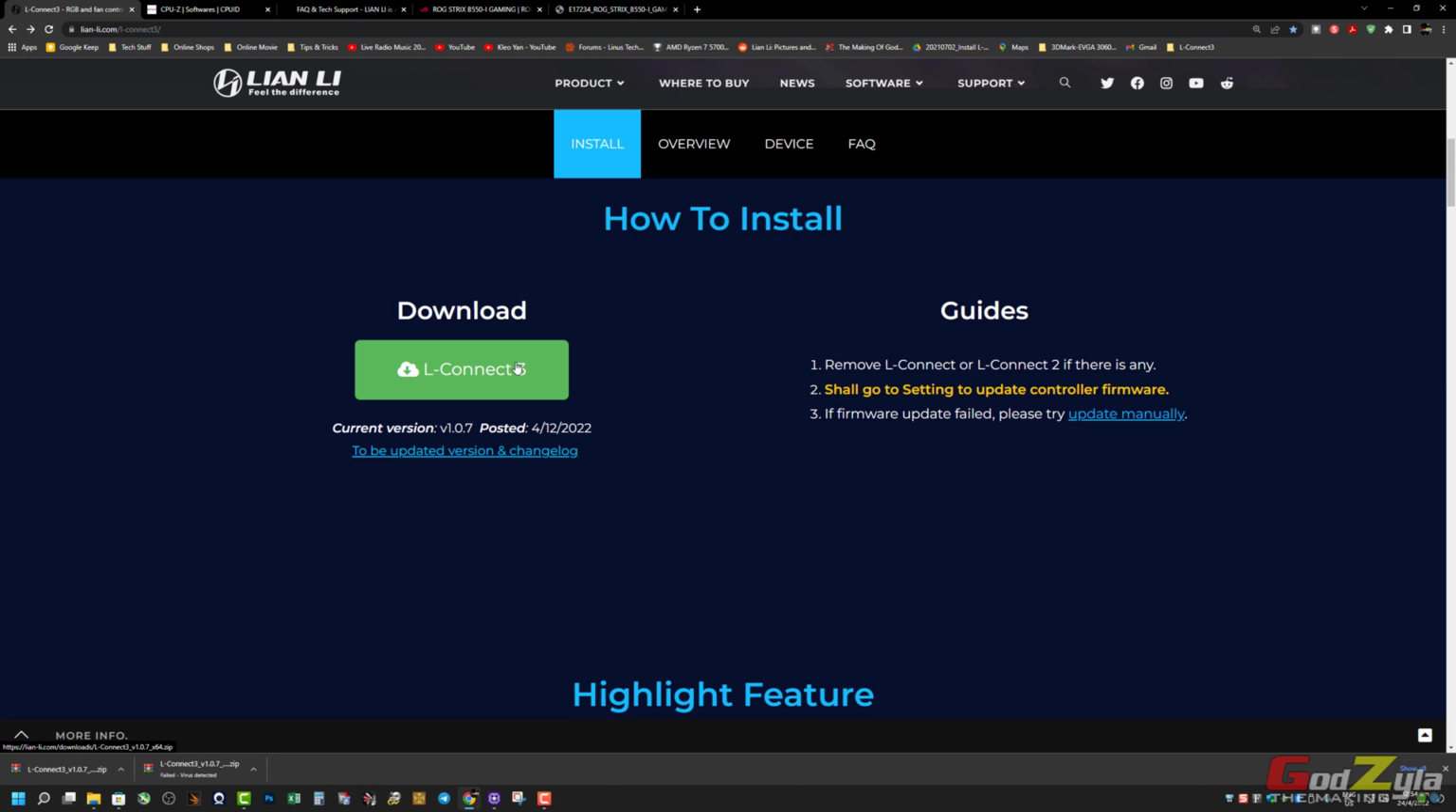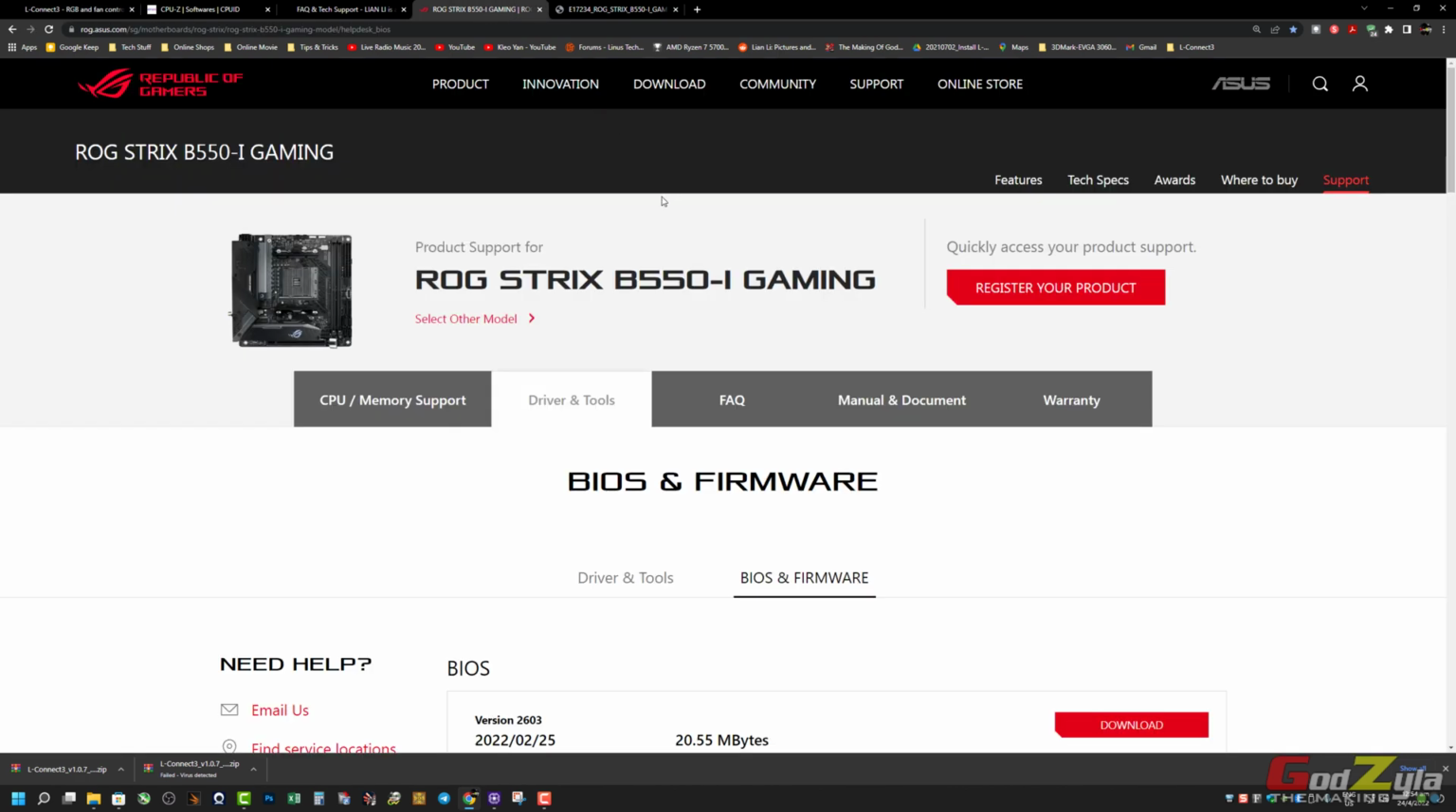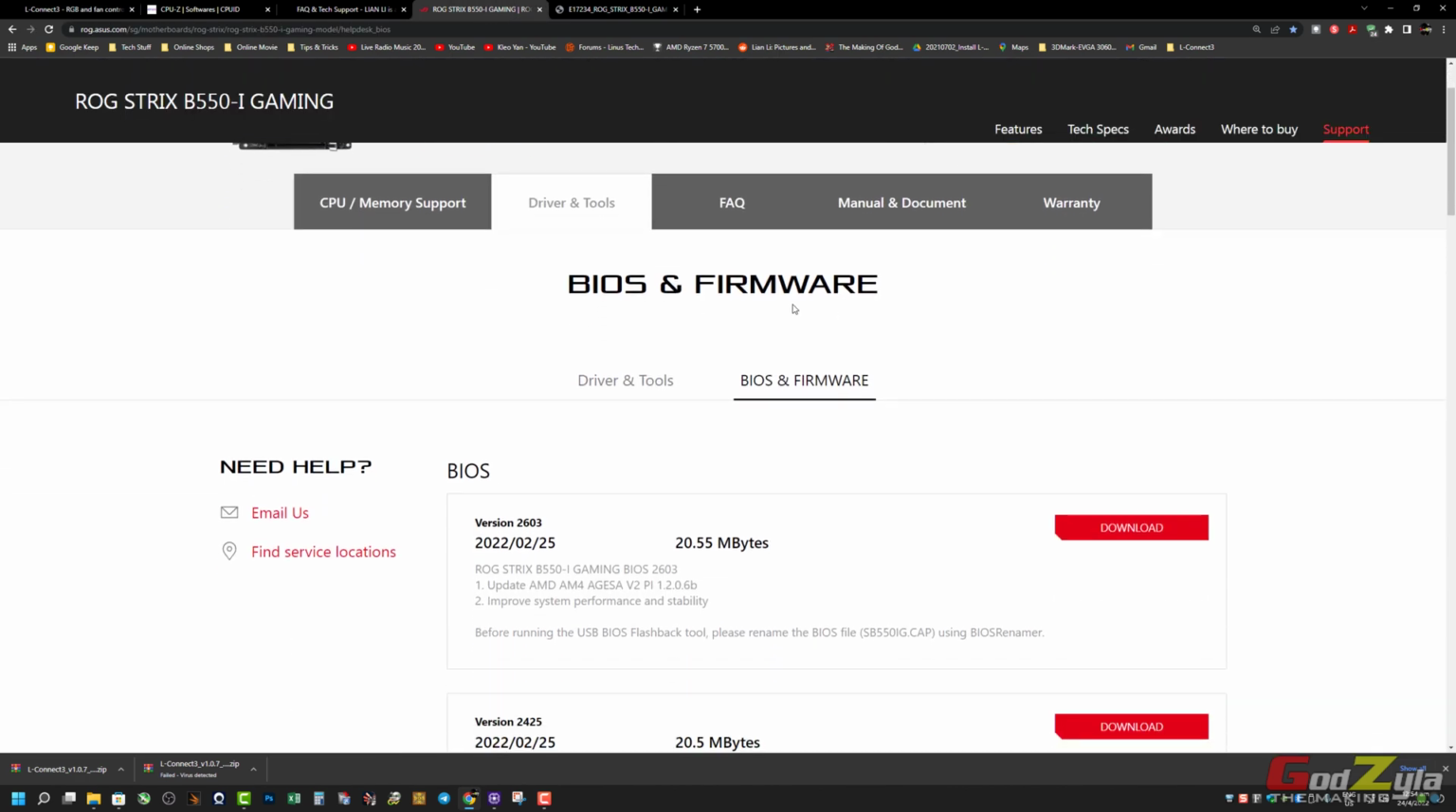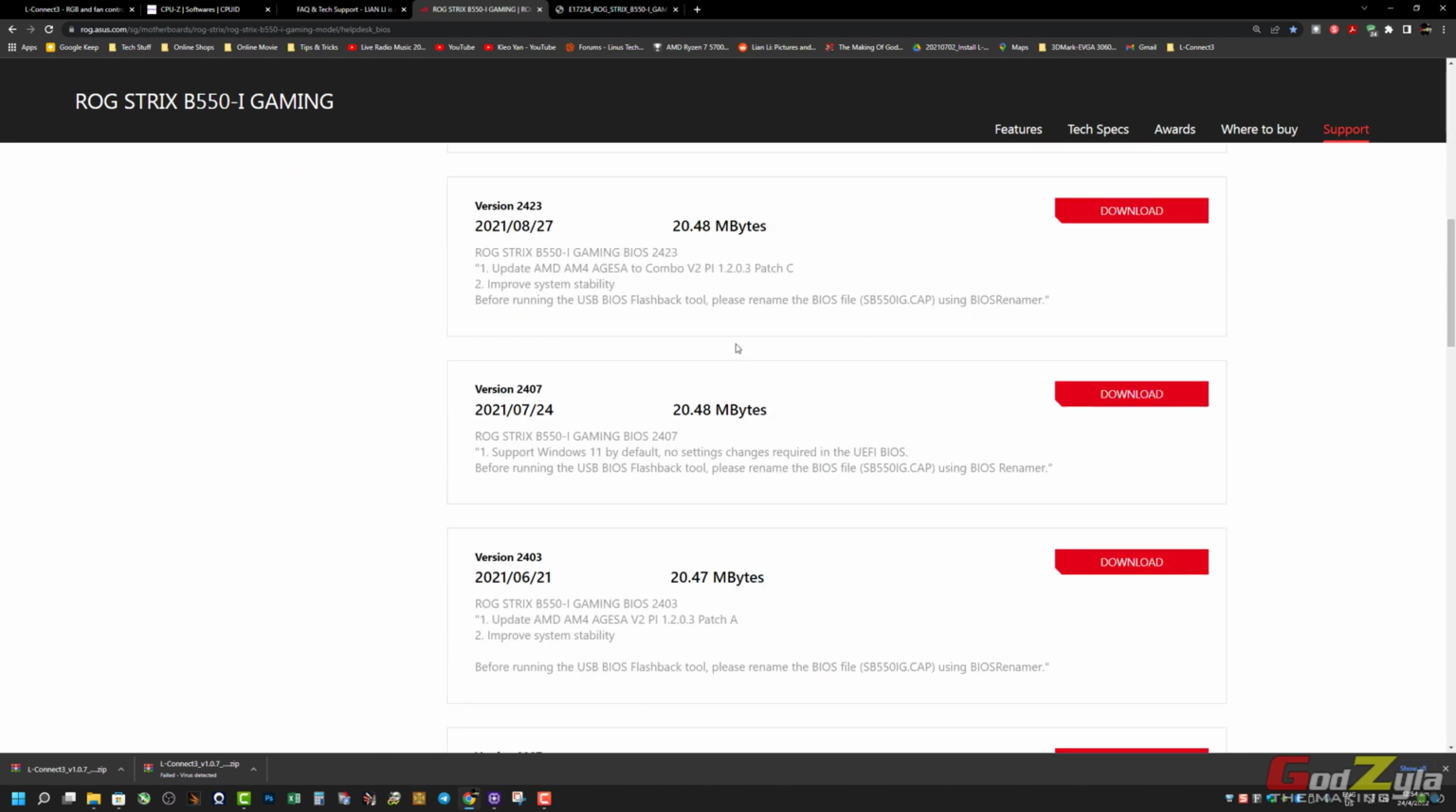Before you install, I wouldn't advise you to download and install first. The first thing you need to check, in fact, is your motherboard BIOS. Make sure it's up to date. Let me just show you why. This is my motherboard itself. If you scroll under the BIOS and firmware, if you do scroll down,